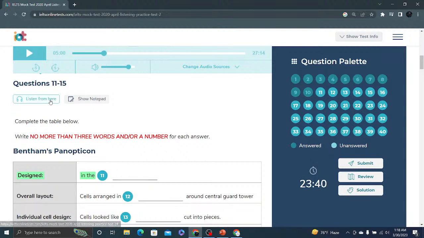Now listen carefully and answer questions 11 to 15. Today, the prison system is in crisis. Disorder and violence are the norm in many prisons. With us today is John Whiting to talk about how history could teach us a few things about running prisons more effectively and at less cost to the taxpayer.